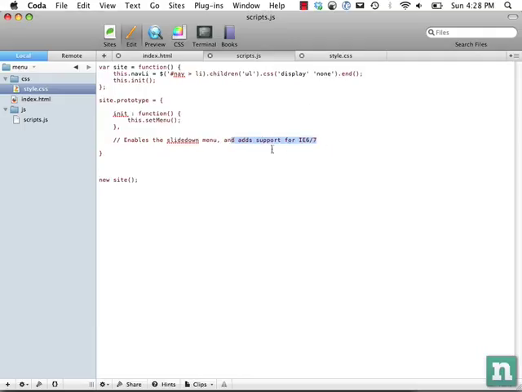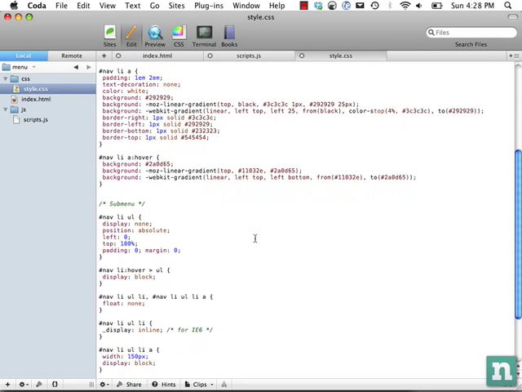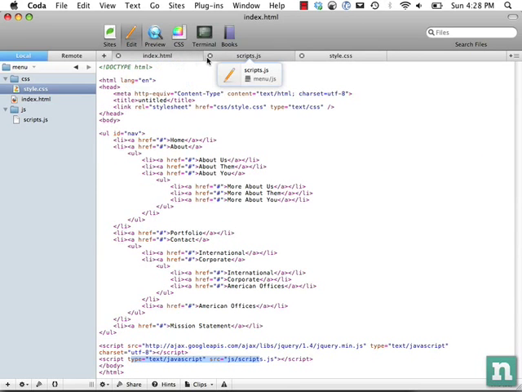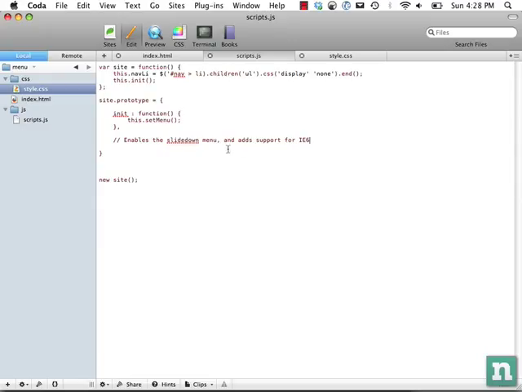Now, actually it should really be IE6. If we come back here, you notice that we have this right here. Internet Explorer 6 isn't going to understand what that is at all. It has no idea how to work with that. So there are some workarounds. We're going to import a script by Dean Edwards, and we're also going to do a little bit of work here. So here's my set menu,